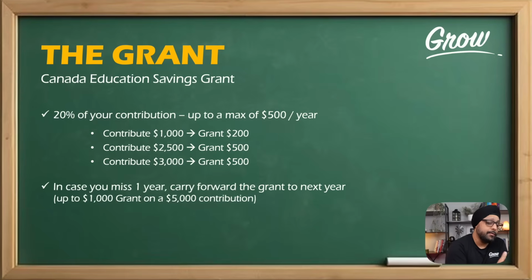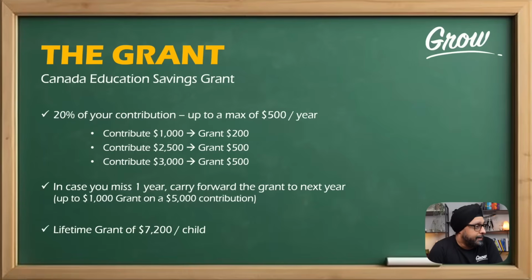In case you miss 1 year because you lost a job in that year, or you missed the contribution, or whatever, like in my case, he was born in November of 2024, and I started contributing in 2025. Very similar. I missed 1 year. I can carry forward that grant to the next year. So this year I'll be investing $5,000. I'll get 500 plus 500, $1,000 of grant all in 1 year. So you can carry forward 1 year of grant to the next year, but you cannot do 4 years in a row or all together for 4 years, $10,000 and get the $2,000 of grant. That's not possible, but you can carry forward 1 year of contribution.